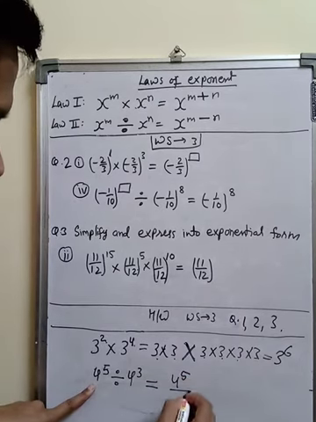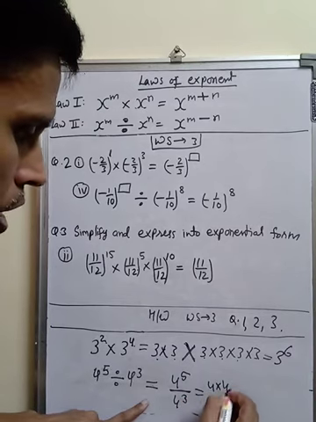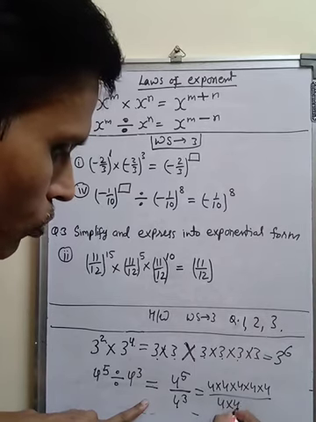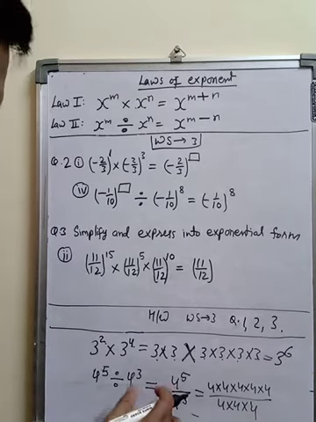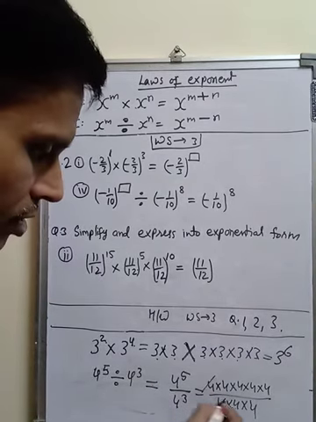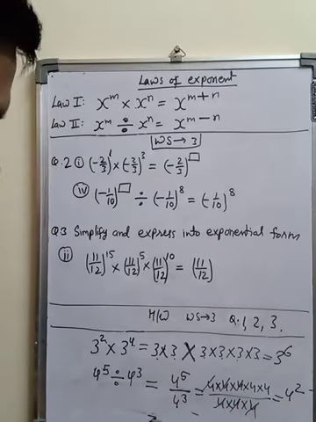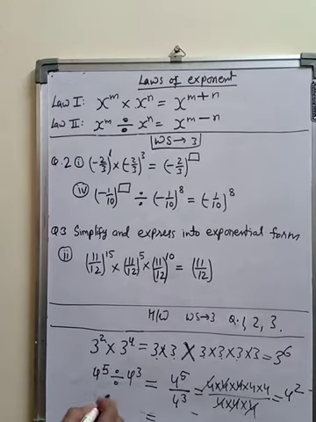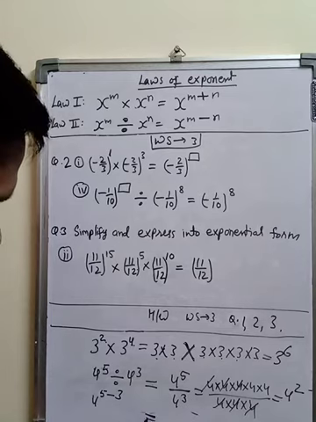And now for division, I am solving one question. 4 to the power 5 divided by 4 to the power 3. So how will we solve this? 4 to the power 5 means 1, 2, 3, 4, 5 times 4, and 4 to the power 3 means 4 into 4 into 4, 3 times. So we write the division sign this way, and then we can cancel the same numbers. So what is left? 4 to the power 2.